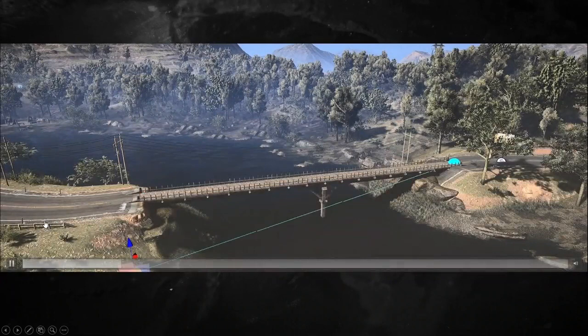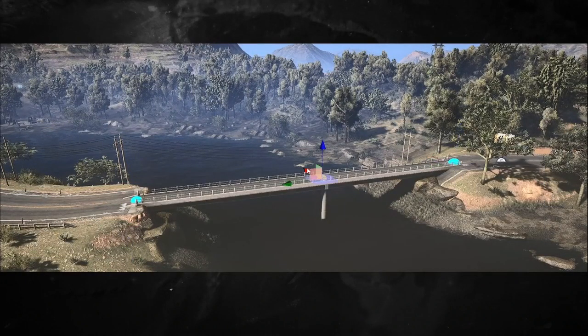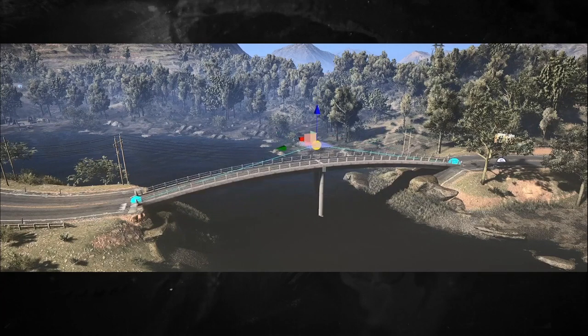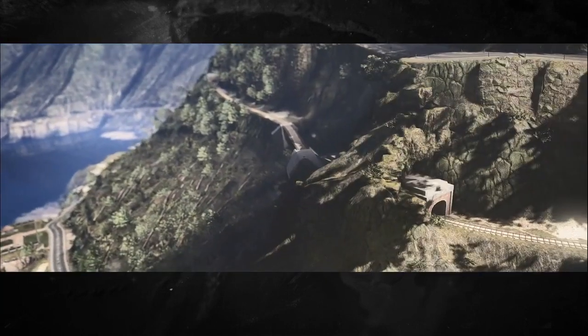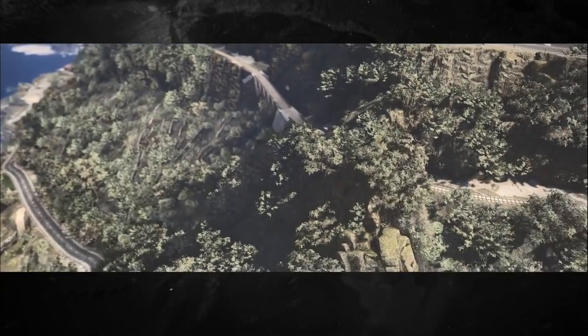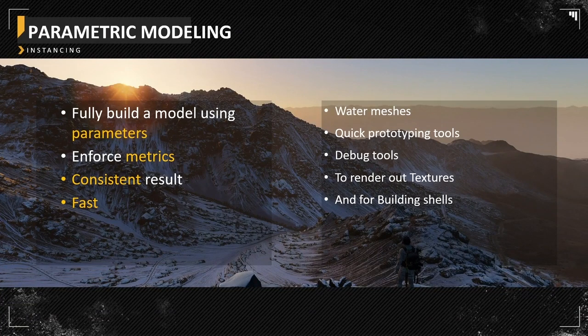So, a tool in action, because the tool can be triggered automatically, but we can also use it manually if we need to do anything custom. That's a railroad placement, so the trajectory, the terraforming, the railroad, the bridges, the tunnel, and the vegetation. Everything was procedurally placed. So it's a lot of instancing, but it's also a bit of parametric modeling, as we've seen with the bridge. But we are also building meshes, and that's what I'm going to show you.